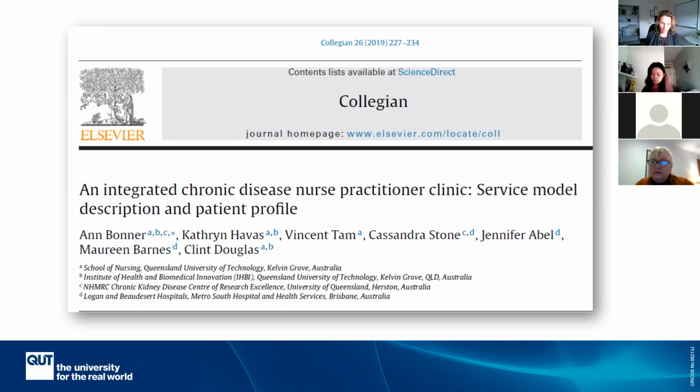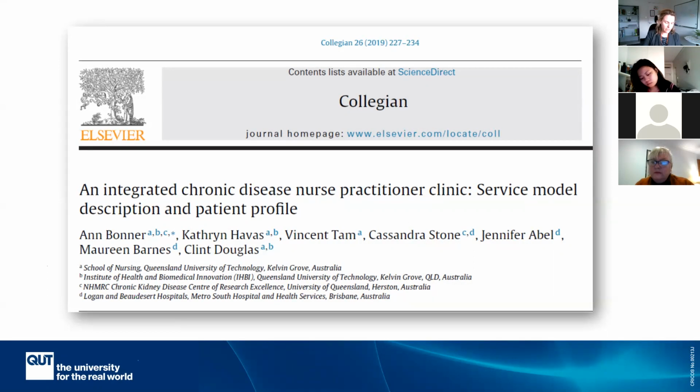And so 3 nurse practitioners in South Brisbane were all working in isolation. There was one in heart failure, one in diabetes, and one in chronic kidney disease. And so this paper is around how these 3 nurses actually got together and tried to do something that was far more focused on the patient than the disease. And what they did,